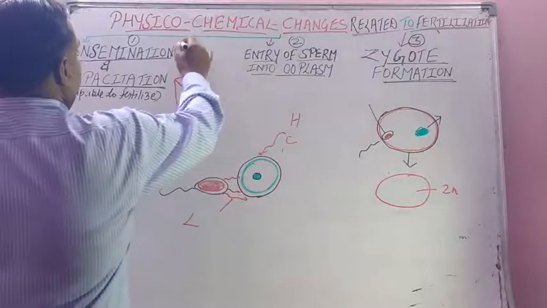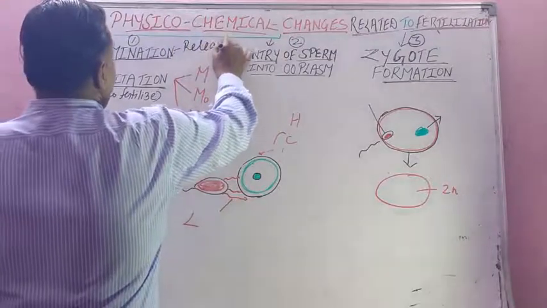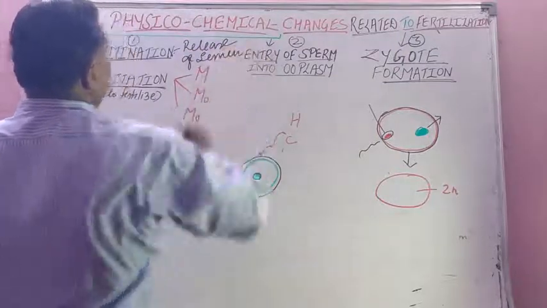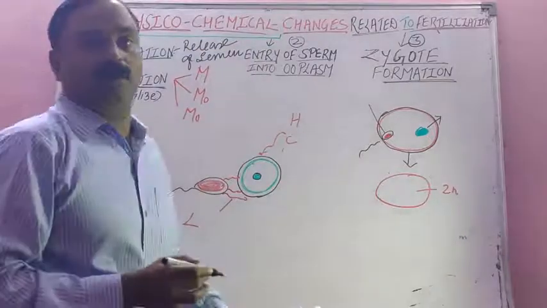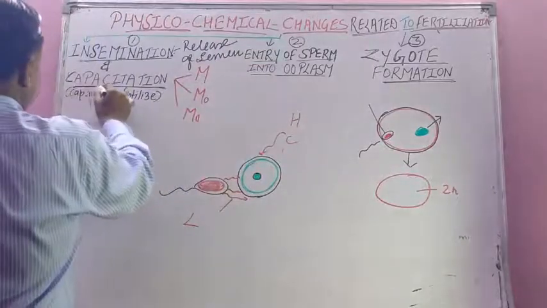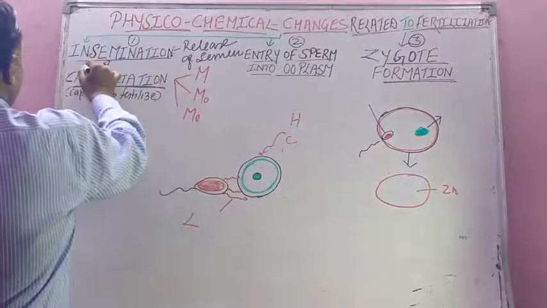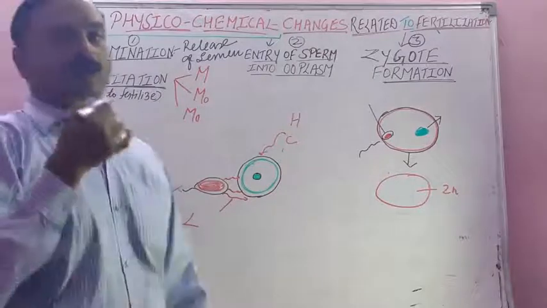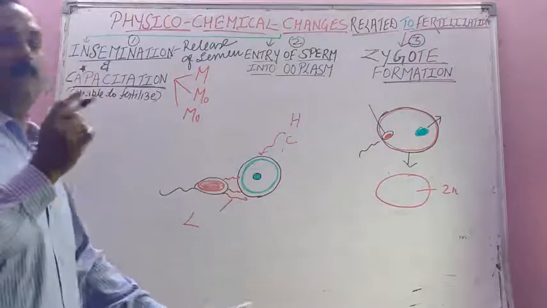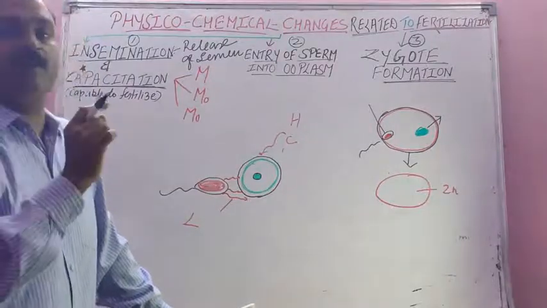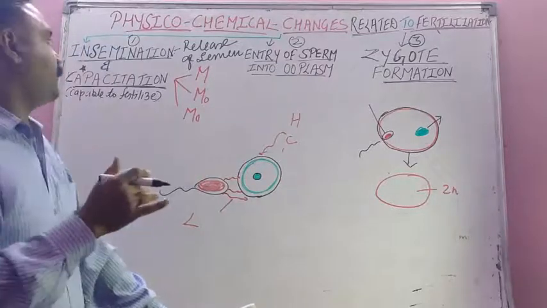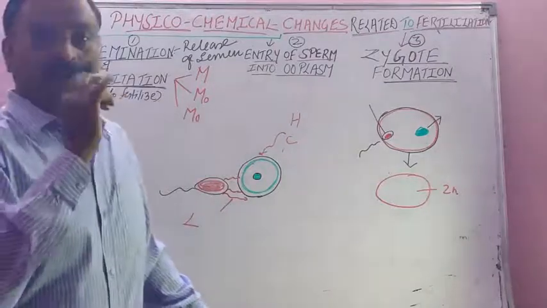Insemination means, student, release of semen in female tract during copulation. Release of the semen in the female tract is called insemination. And after that capacitation occurs, student. Very important definition, can be asked in short note also. Capacitation, so remember 3M in capacitation. Capacitation means the capability of the sperm to fertilize. But what happens in this, that I will explain to you by giving you a code of 3M.